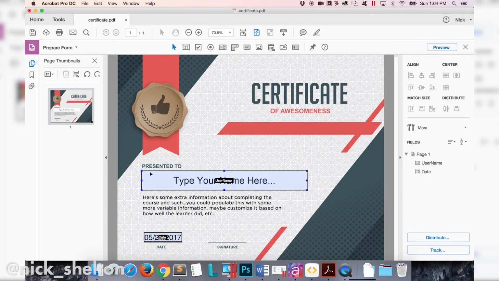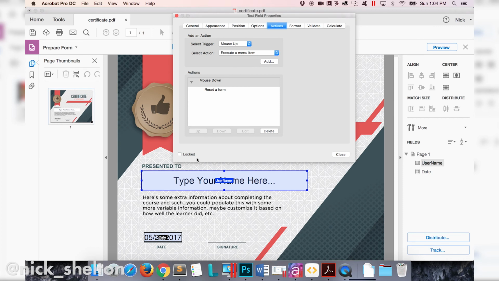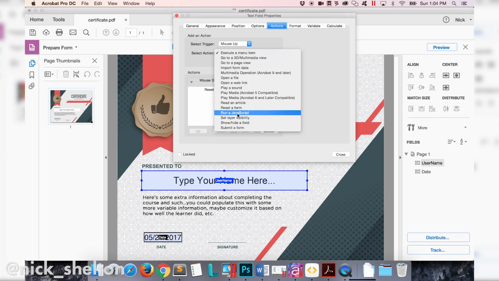So in order to do that, I have like a Storyline trigger. So whenever they click that form field, I want to empty it out. So my page loads, my action is actually when they click the thing. So let's right click that object in Acrobat and go to its properties, and look at that. We can add actions too. And the default trigger is mouse up, which means when you click something and release the mouse, I want to, again, I